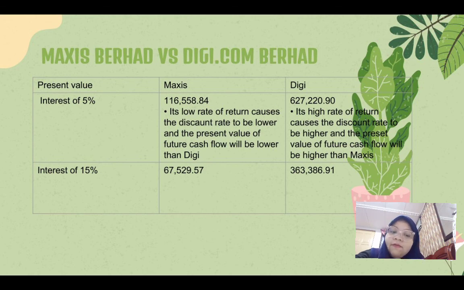For present value at 15%, Maxis's value is 67,529.57, while DiGi gets